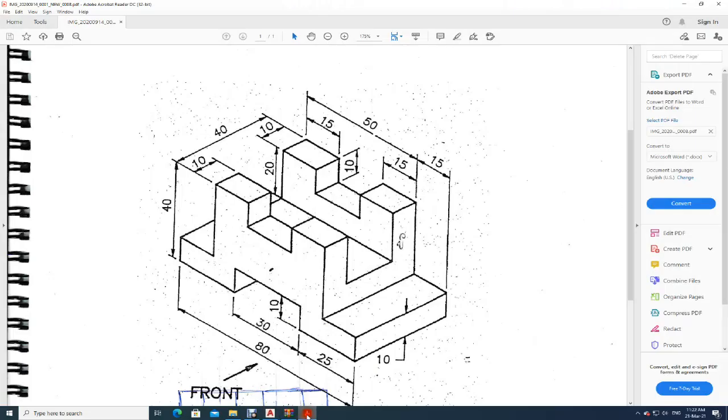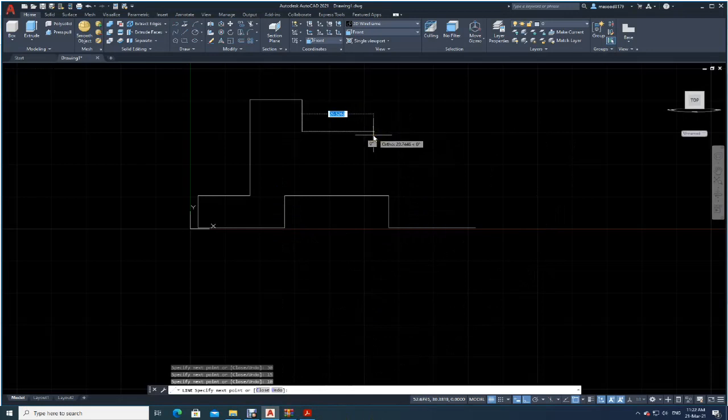Let us go back to our drawing and check. Total is 50. Out of 50, this is 15, this is 15. That is 30 is gone. So how much is left? 20. So I will come here, 20, enter, go up, 10, enter, then come back like this, 15, enter,